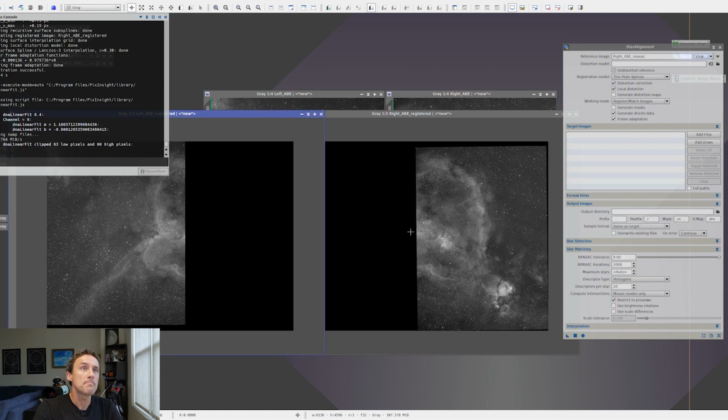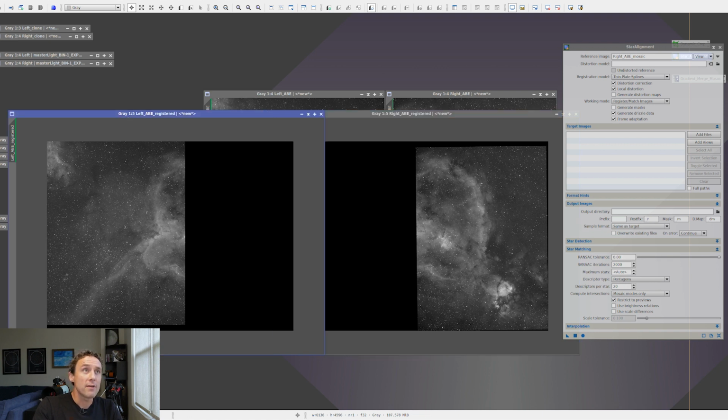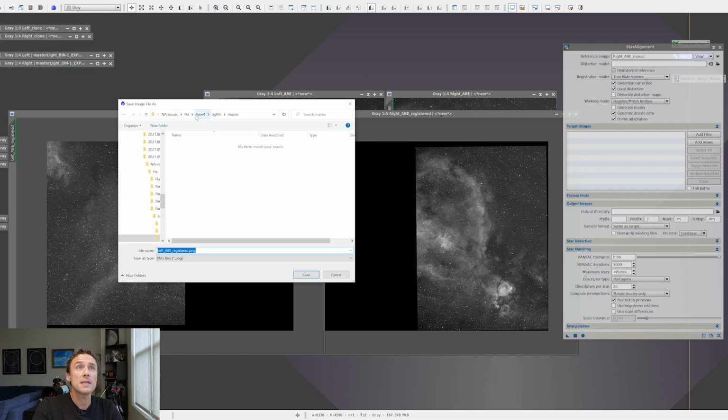All right, so you might have seen that, just a slight change in the right. We go back and forward, so now they are matched in intensity there. Now, what we're going to do is save these two, because when we eventually use the gradient merge mosaic process, it only works with saved files. It's actually not going to work on any views that you have open. So you're going to save these, and